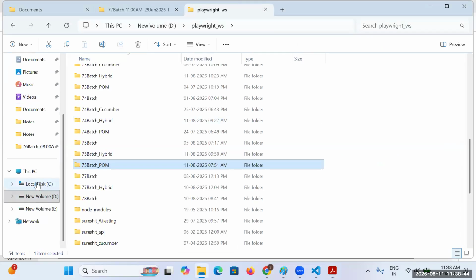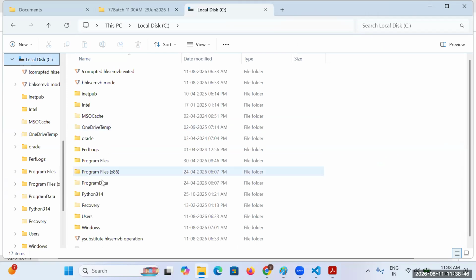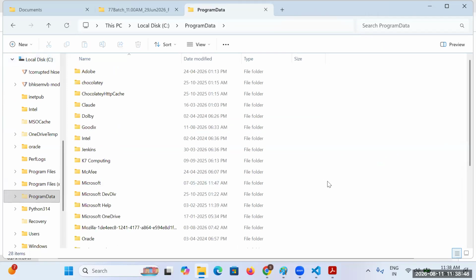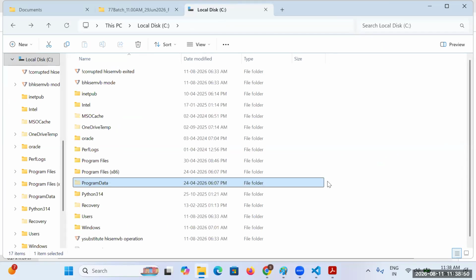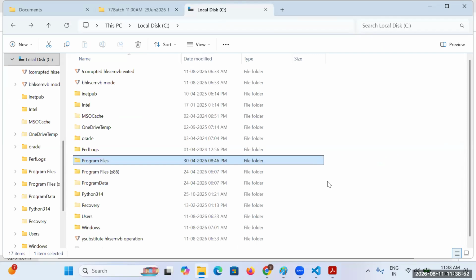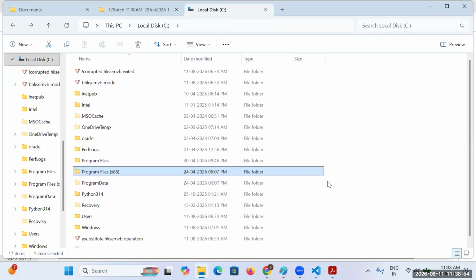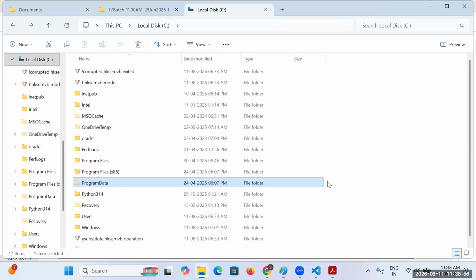If you want, you can cross check that. You have a folder named ProgramData. Program Files is different; everyone has Program Files, but along with that you have one more folder, ProgramData.